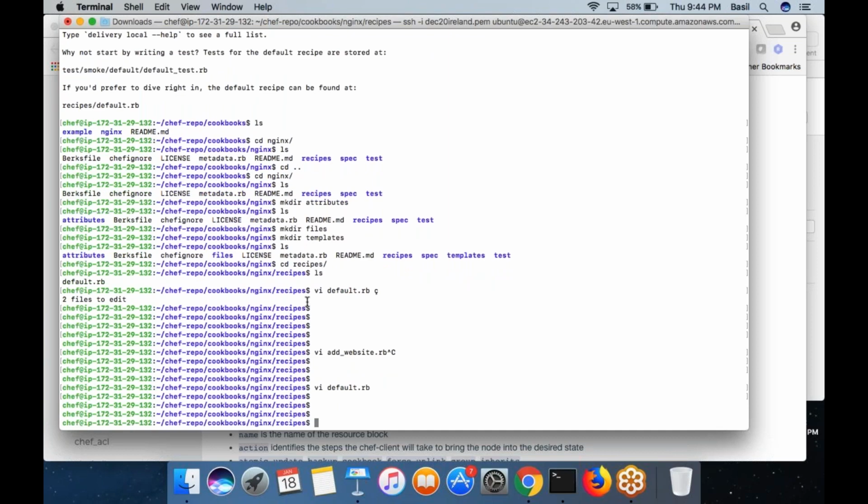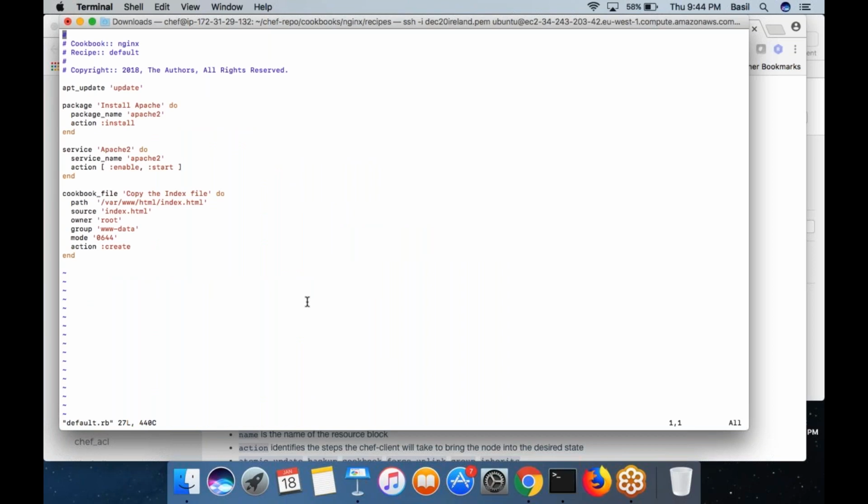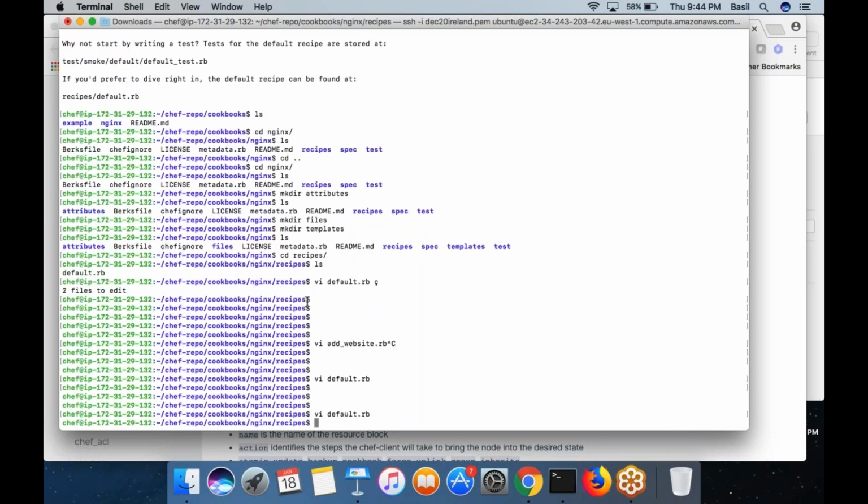I am going to upload my cookbook. So whenever I make some change into the cookbook, what would I do? I upload this cookbook into the Chef server, of course. Right now I just edited some plain text files. I'm just making some plain text code modification, which I am doing in my work session. This change that I made needs to be uploaded to the Chef server. Of course, whenever you make any modification to your cookbook, you need to upload the cookbook to the Chef server.